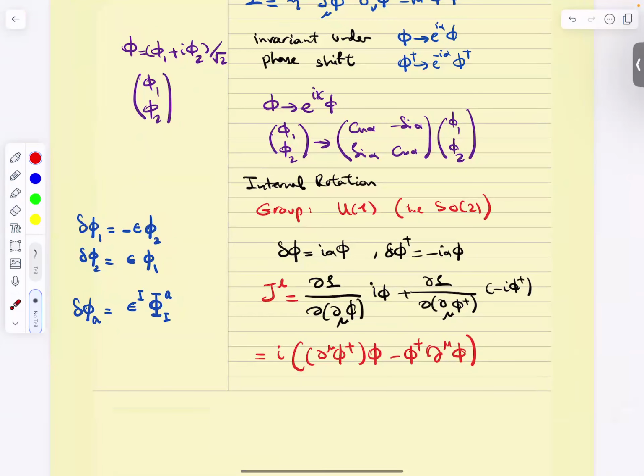Yes? When you find those generators of the Lorentz transformations, those will turn out